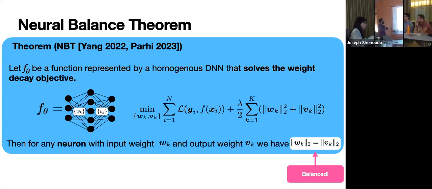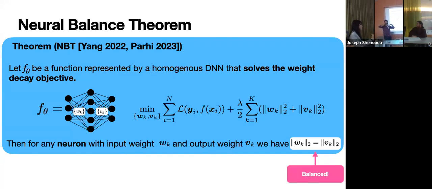Yeah, and this is actually not too hard to show. The way you'd prove it is basically just saying, suppose I have a function f and I want to consider all possible different ways I can do this scaling game, right? Because I know that I can scale the input weights and scale the output weights accordingly and retain the same function. So what choice of scaling should I pick such that it minimizes the regularization term at the end? And if you do the math, you find that the best scaling to take is one that ensures that your input weight and output weight norms are exactly equal.